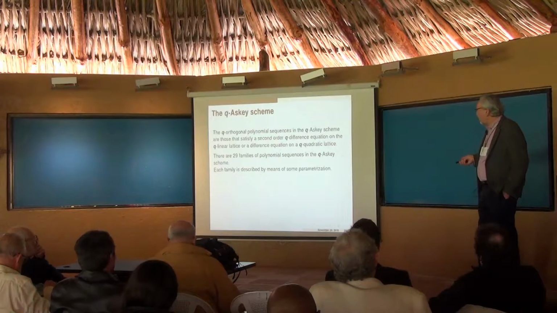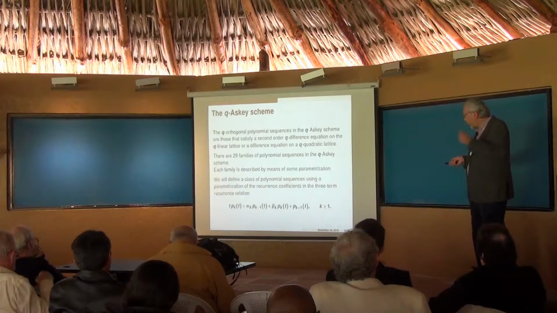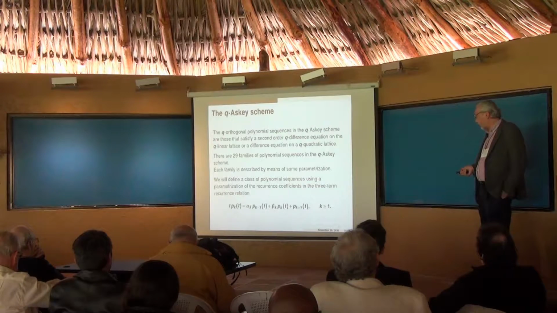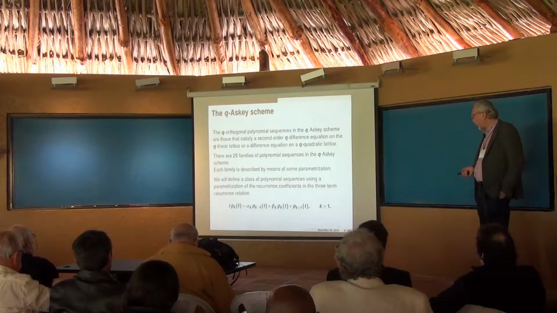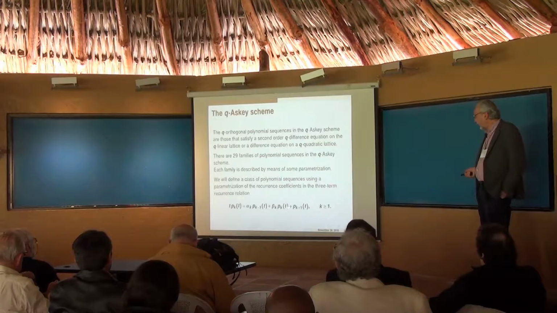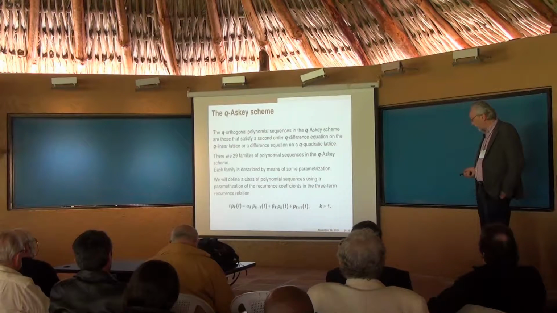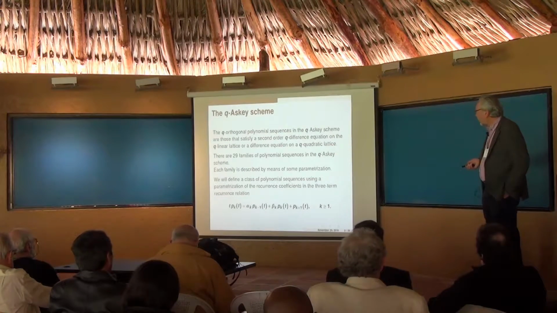And we are going to define a new class of polynomial sequences using the three-term recurrence relation, this one here. So I'm going to describe how the alphas and the betas are defined. And here I'm putting 1 in the coefficient of pk plus 1. So my Jacobi matrix has 1s on the upper diagonal.